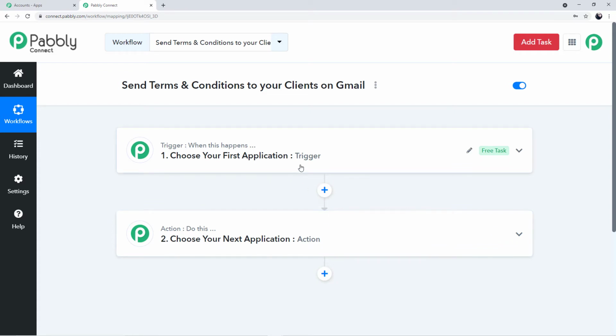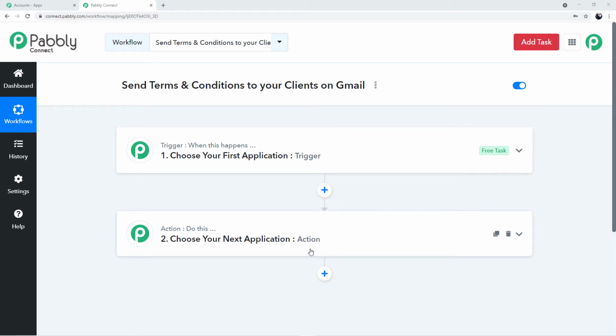So you people must be thinking now, what is this trigger and what is this action? So let me help you. Trigger is the happening of an event and action is the response to it. Here the trigger event will be submission of the form by the client. The form we have created for the clients for affiliate marketing, the submission of that particular form will be the trigger event. And action, what is the response we want? We want that as soon as the client fills up the form, a mail should automatically be sent to them with the PDF file of terms and conditions. So you understood, trigger is the happening of an event and action is the response to it.